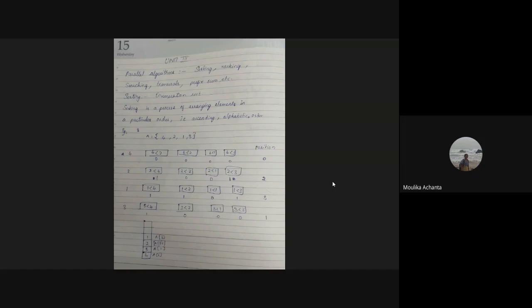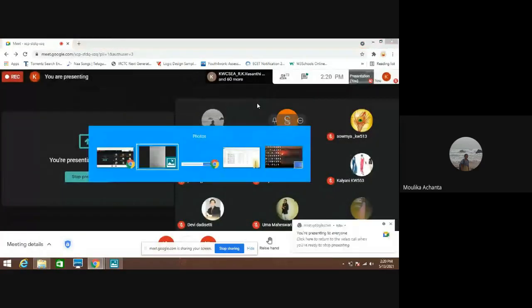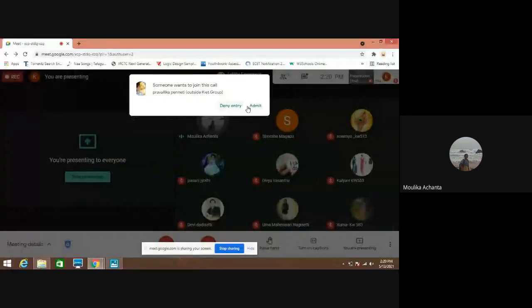We need to calculate the position by adding all the ones in the Boolean values. Okay. So we get the position as 2. 2 will be inserted in position 2. Down here we have an array. In that we are arranging the elements. I mean, we'll assign the elements in that position.